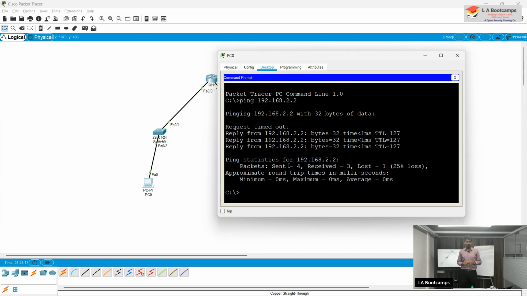In the reply, bytes equal to 32 is the IPv4 address, and IPv4 has 4 octets and every octet has 8 bits. So 8 into 4, 32 bits. Time equals 1 millisecond: how much time it takes to reach the destination and for the destination to send the packet back. It's 1 millisecond because it's a short distance. After that, it gives information like how many packets I've sent, how many packets I've received,